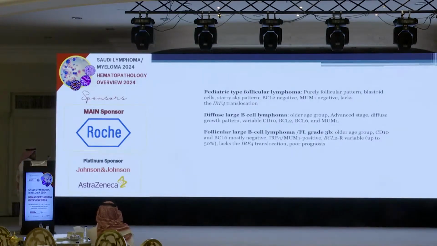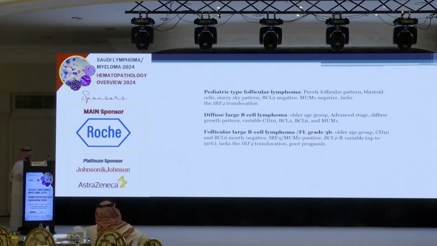is usually treated conservatively, not like the large B-cell lymphoma with IRF4 gene rearrangement. The most important thing is that pediatric-type follicular lymphoma is purely a follicular pattern. It doesn't have any diffuse component. It's usually blastoid cells, not like the large B-cell lymphoma with IRF4 gene rearrangement, which has centroblastic-looking cells and usually a starry sky pattern. BCL2 is negative, and MUM1 by default is negative. And if you do the molecular testing, you will see the IRF4 gene rearrangement is absent in the